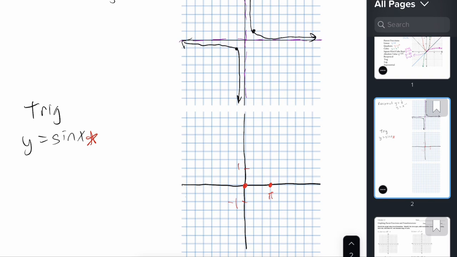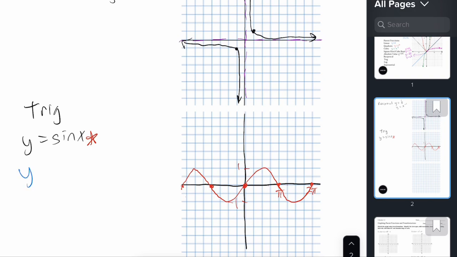At pi over 2, that's a horrible placement of that. Let's make that pi. 1, 2, 3, 4. It hits a height of 1 at pi over 2, and then goes back down. And remember, it just keeps repeating that process from left to right. Sorry, that's so gross,